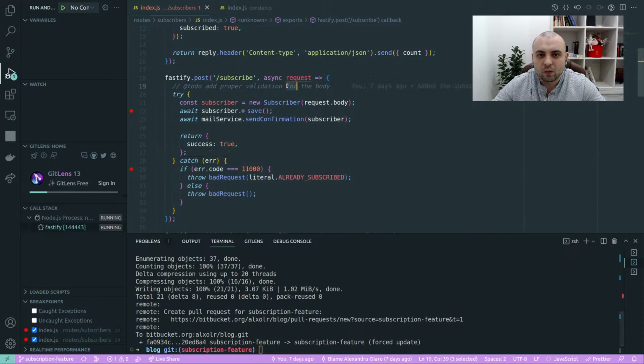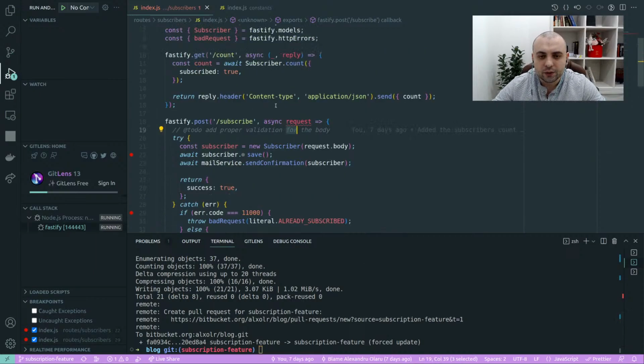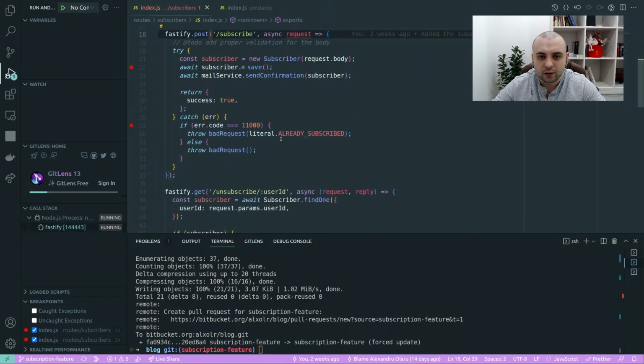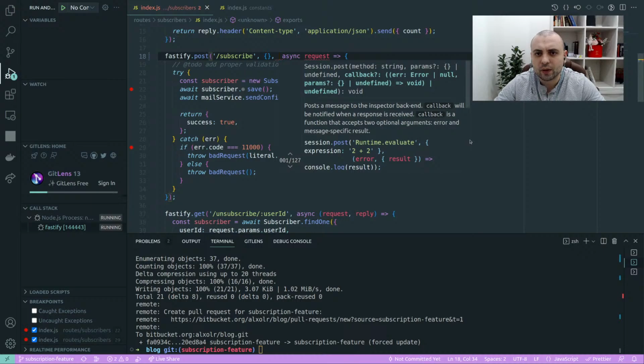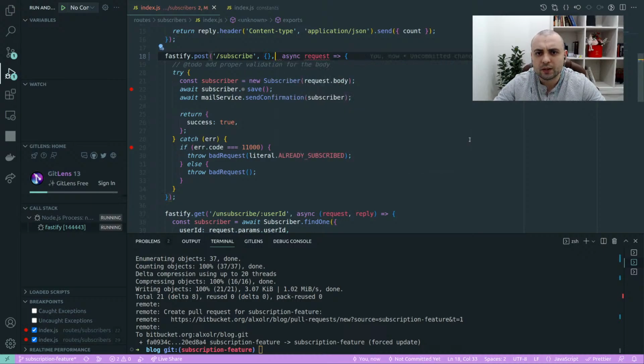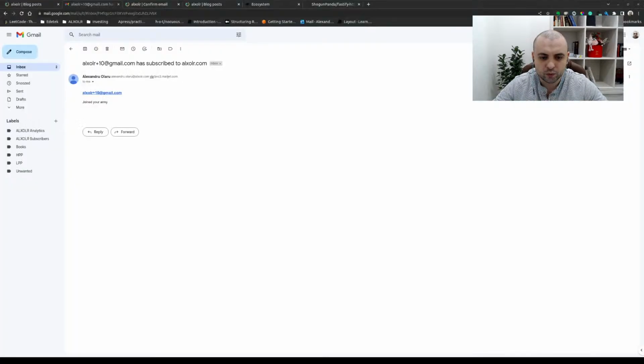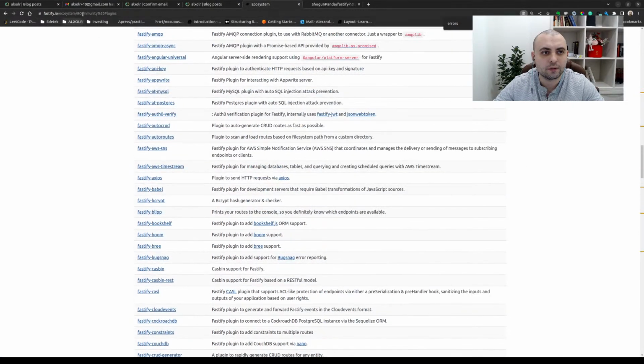Okay, so as I mentioned, we'll need to start adding some validation because we don't want our user to send, let's say, weird stuff to us. So I think it's the second parameter here, which does the validation. Though I don't remember exactly the structure, so we'll learn it together. So let me switch back to our browser, and we'll have Fastify